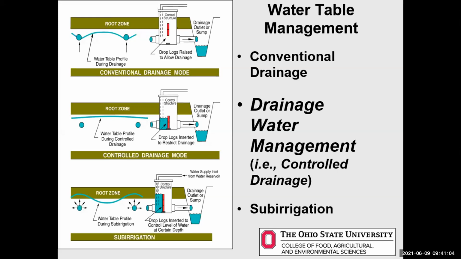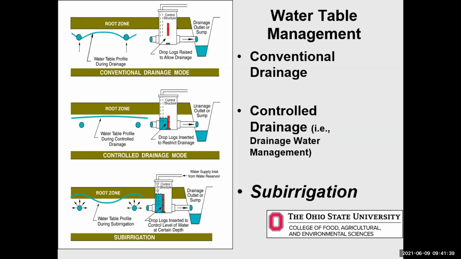Okay, and just to mention a couple of other things, we didn't have enough time here to go through all of the yield data that we have from across the Midwest. We have a number of Midwest studies that participated in a regional project that produced yields under drainage water management or controlled drainage compared to a zone that was under just subsurface drainage. And then we also have some yields in Ohio from sub-irrigation work.